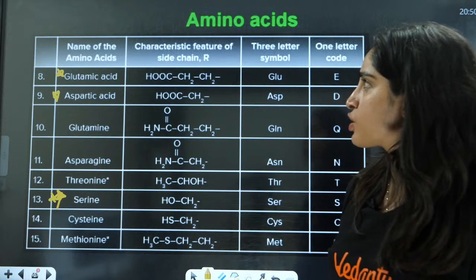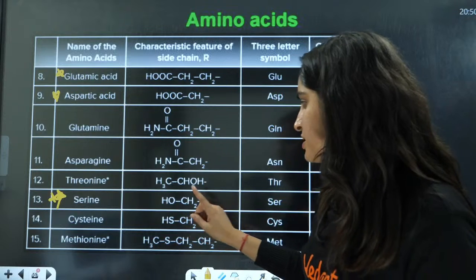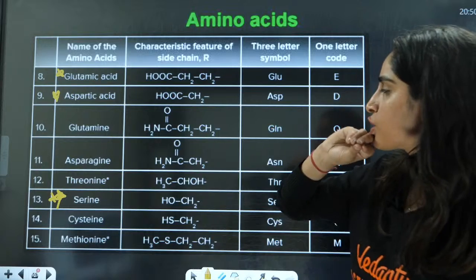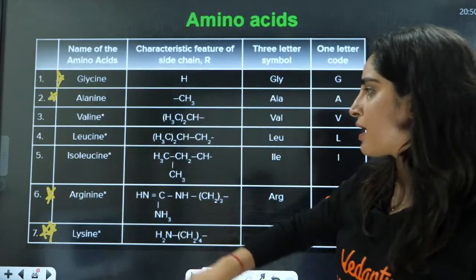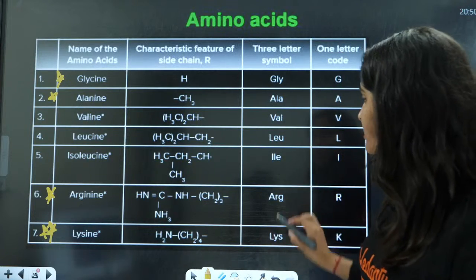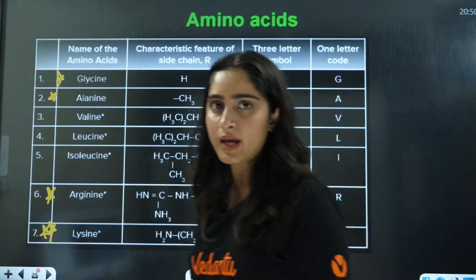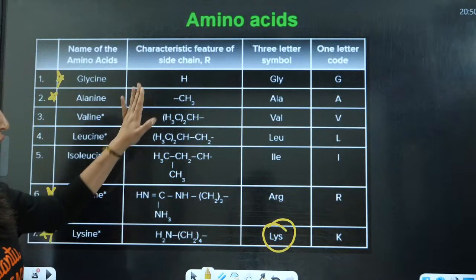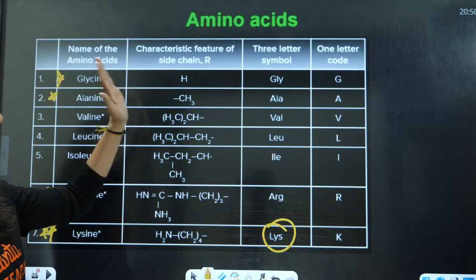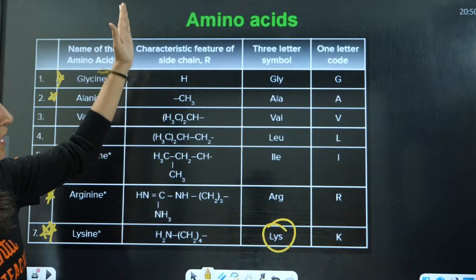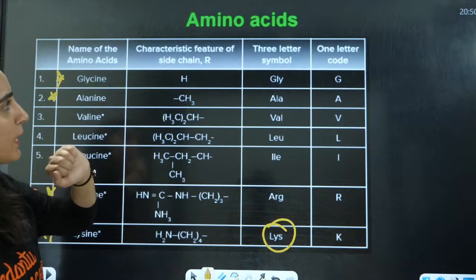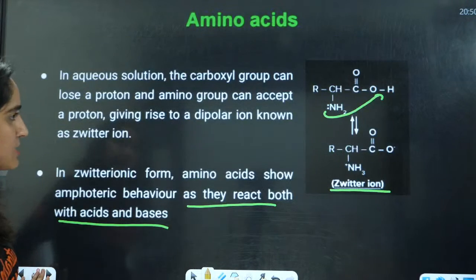So what is going to be the structure of serine here? It has one OH-CH2 and this side chain is R here. Now they are going to ask you what is the structure of lysine here. Okay, this is the lysine structure. What is the symbol of lysine here? These questions are asked in your exams. What is the structure of lysine, alanine, all these things are asked in the exam. Right? This is the R chain here. What is the R chain here? Okay, understood this? Yes, everybody?